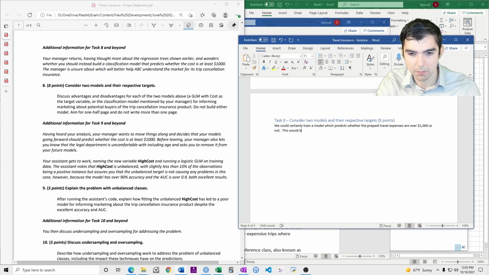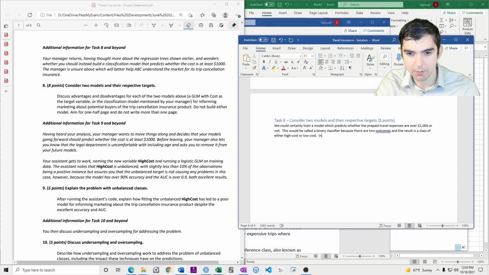This would be called a binary classifier because there are two outcomes, and the result is a class of either high cost or low cost.